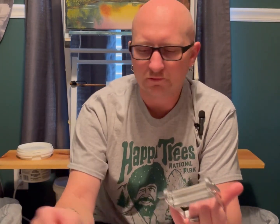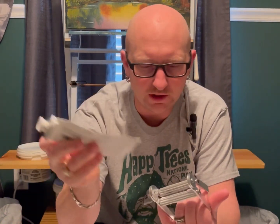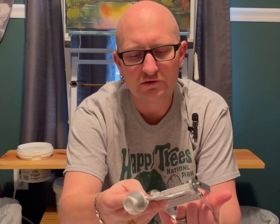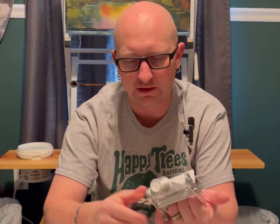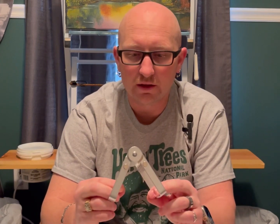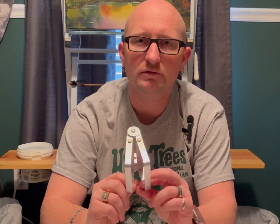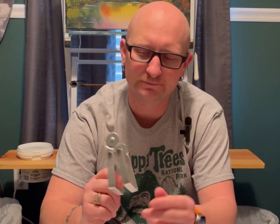So, all that you do is you take your tube. Here's a tube of titanium white. I've already done it. You stick it in between here, squeeze, and then you just crank on this. And this will just squeeze every ounce of paint clear to the top. Okay? This is not the best. I will just tell you up front. You know that saying, you get what you pay for? Well,